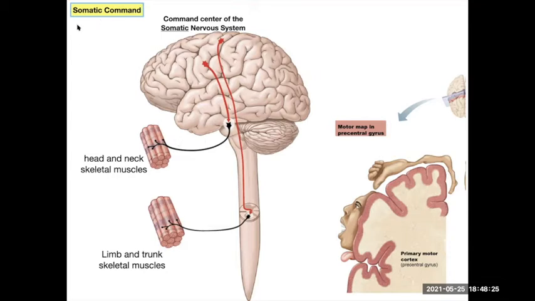So for the somatic, when I say somatic motor, you should automatically think skeletal. And this is command. So we're talking about motor. We're not talking about sensory right here. We're talking about somatic sensory. Well, we'll talk about that in a minute. Motor, command. That's what command means. Skeletal, and all that was controlled in the precentral gyrus. Remember that? Your motor homunculus.